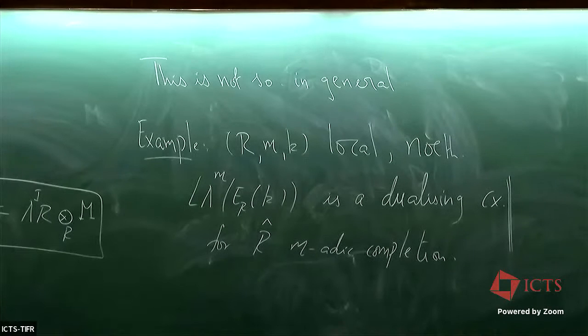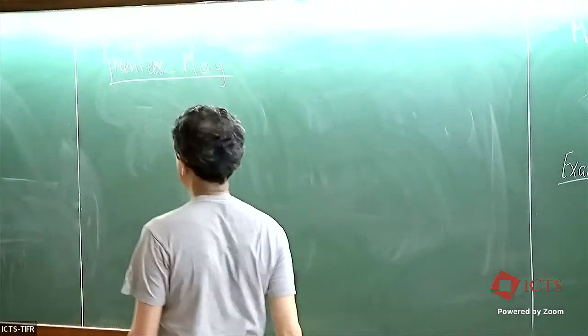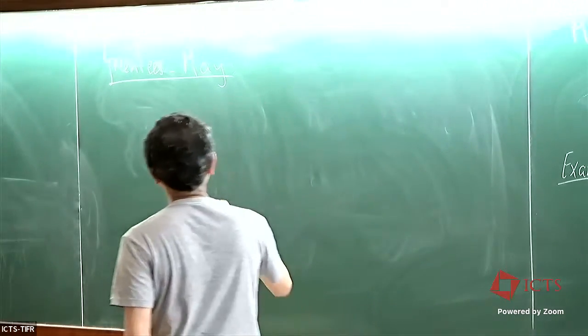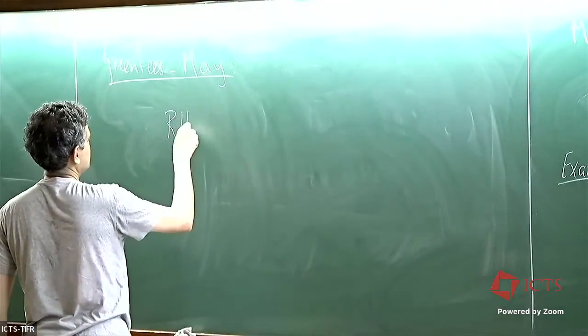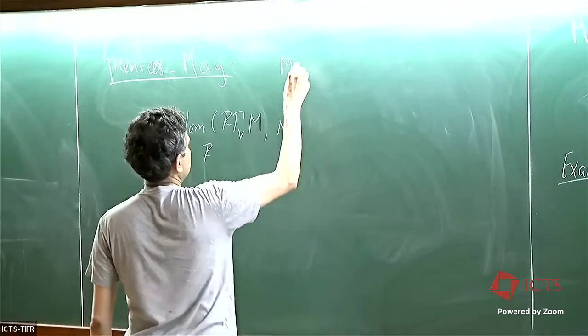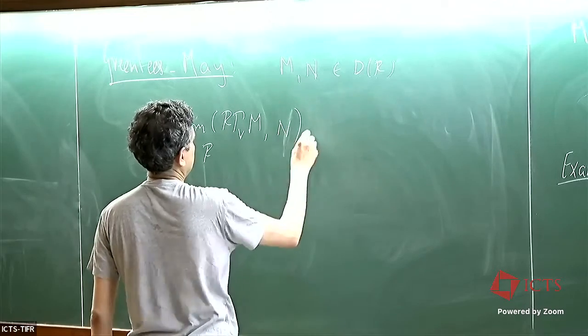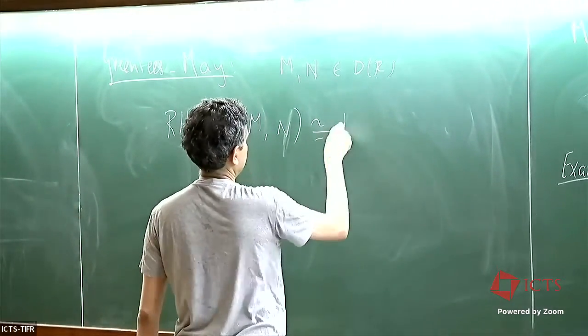Okay. So working with completions, at least for me, is rather difficult. So there are some helpful tools to do this. Let me recall two of them. Here are a couple of useful results. One is Greenlees-May duality, or Greenlees-May equivalence, adjointness or duality. Since I don't know how to finish it, I'll just leave it as Greenlees-May. What they proved is that local cohomology is right adjoint to, so for all M and N in the derived category, local cohomology is left adjoint to derived completion.